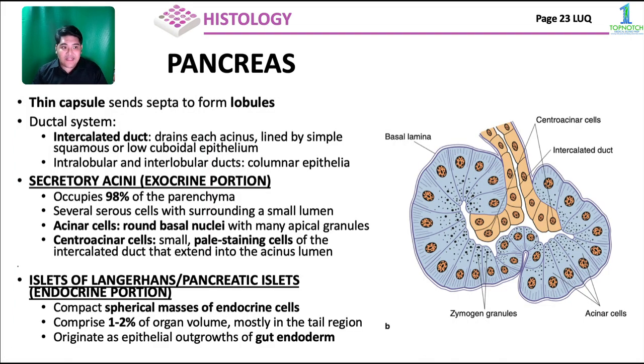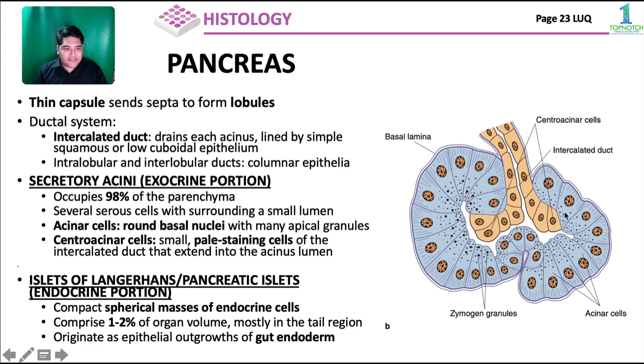Your pancreas has a capsule and sends septa to form your lobules. Ang ductal system is important now for the secretion of your pancreas. You have here your intercalated duct. These are cuboidal epithelium. Tapos, meron kang secretory acini, which occupies 98% of your pancreas, of the parenchyma of the